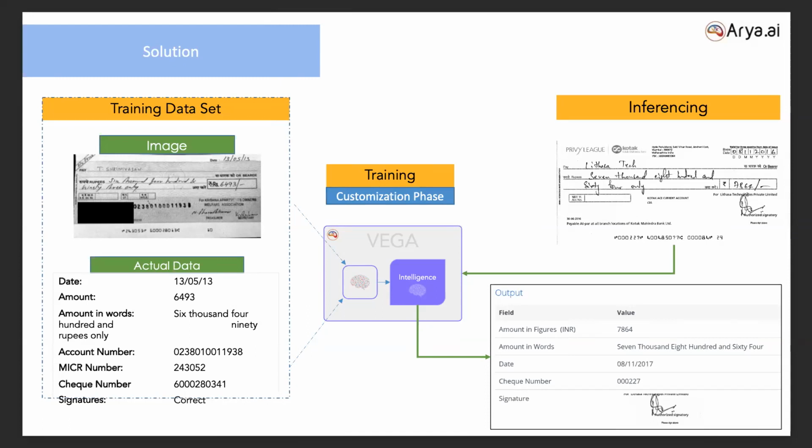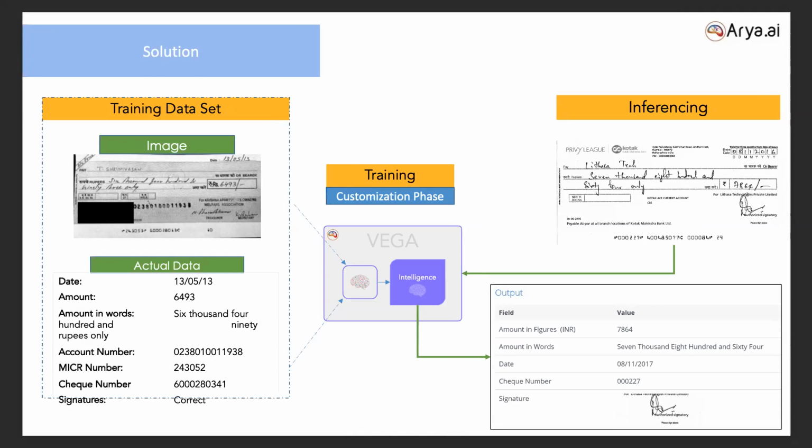Because we need to match with the core banking system itself, when the real-time processing happens. Normally we take around 5 to 6 lakhs of checks. Initially, when we started working on this, we took around 500k to 600k checks to train the models. For amount in words, we took around 10 lakhs over a period of time. But on average, we took around 3 lakhs for amount in figures and date.